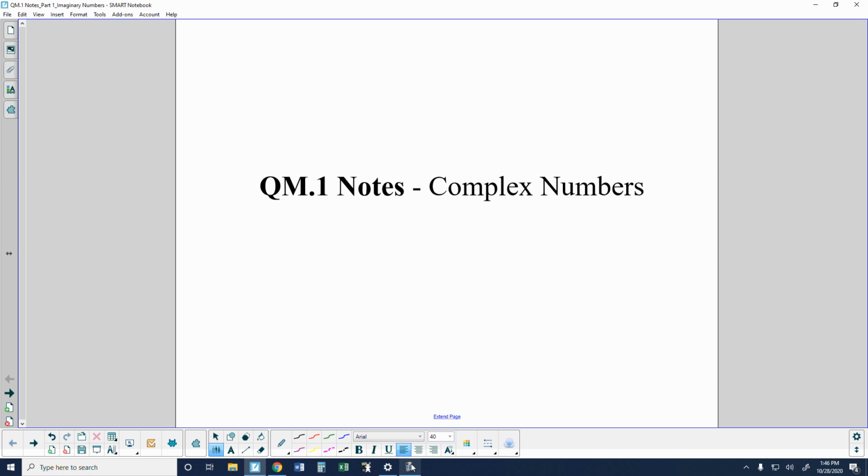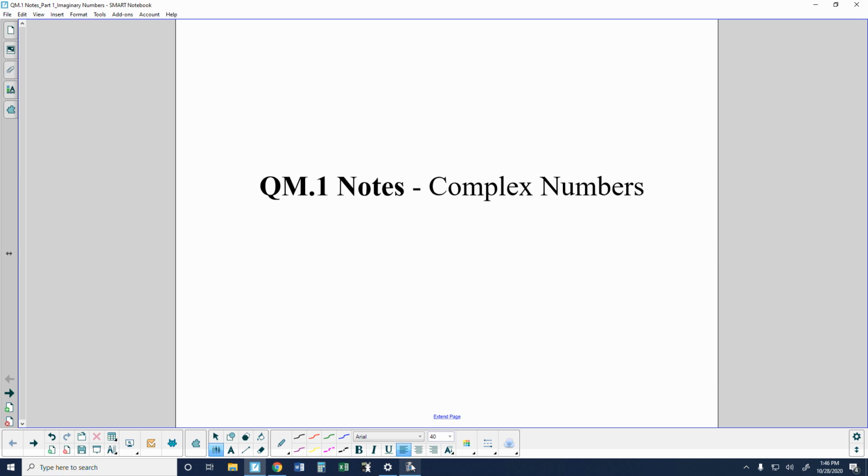Today we are focusing on QM1 notes, complex numbers. And specifically in the portion of complex numbers, today we're going to focus on imaginary numbers. Imaginary numbers may be a completely new term for you. We've been working with only real numbers this entire year, and maybe most of the time in your math career. Now we're going to find a new set or new distinction of numbers that we can work with called imaginary